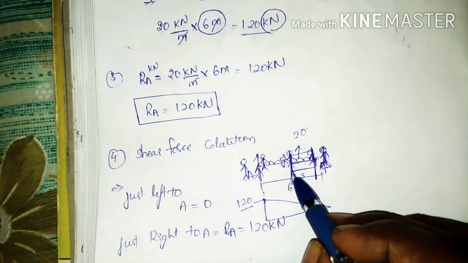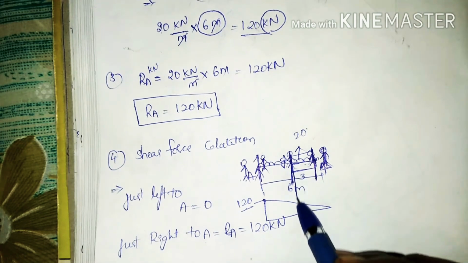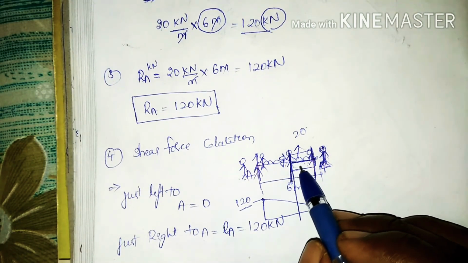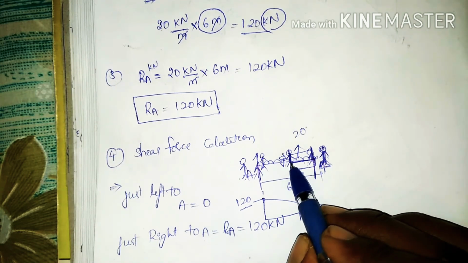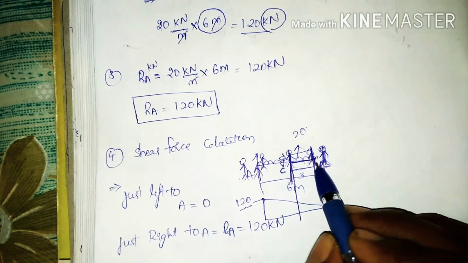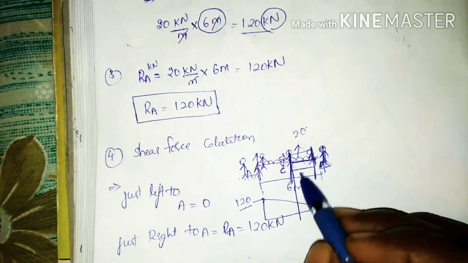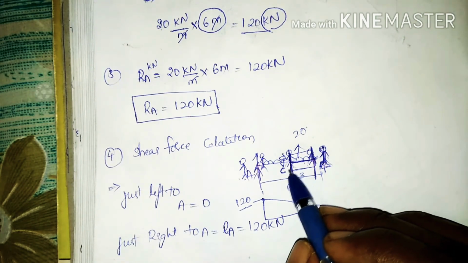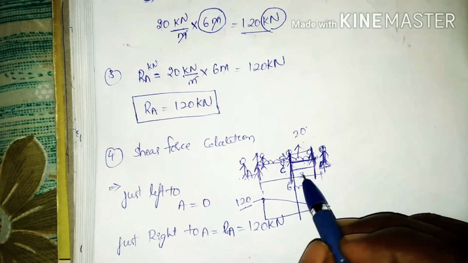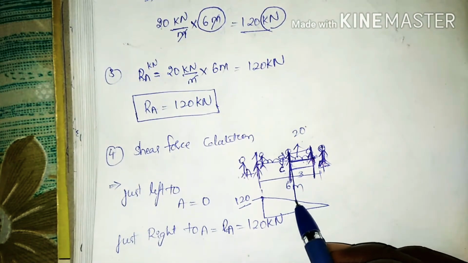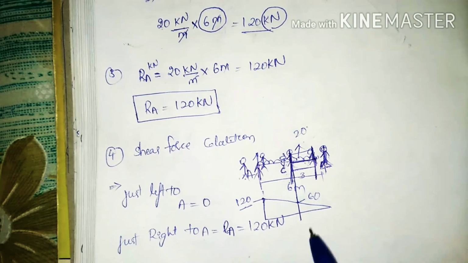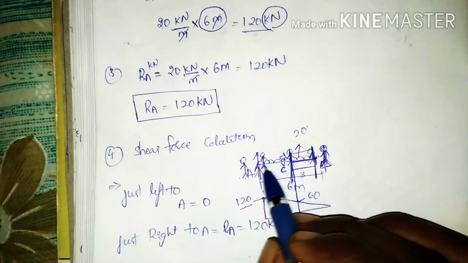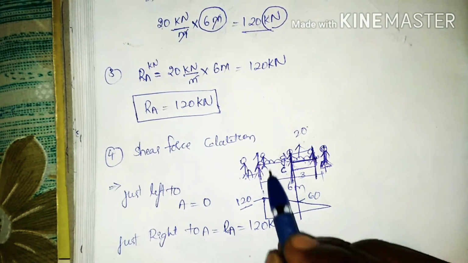If you take it here, RA, we are going to find RA 120. And if you are going to take the moment or shear force here, that UDL should be taken from point, let us consider this point C to point B. The 20 into 3, the total load up to the beam which you are going to consider from C to B, that is 20 into 3, that is 60. Here we are going to find the 60 value. That goes on decreasing the value. If you consider only from here to here, it is going to be the same.